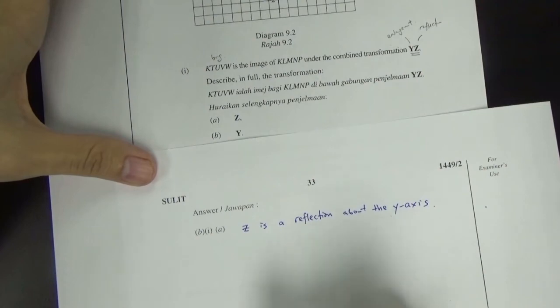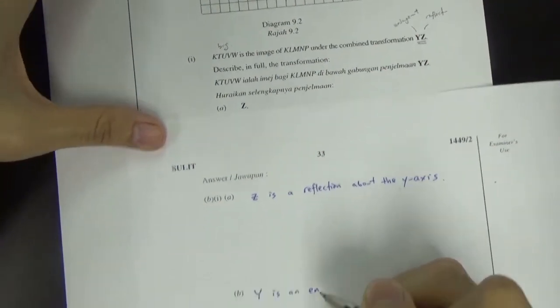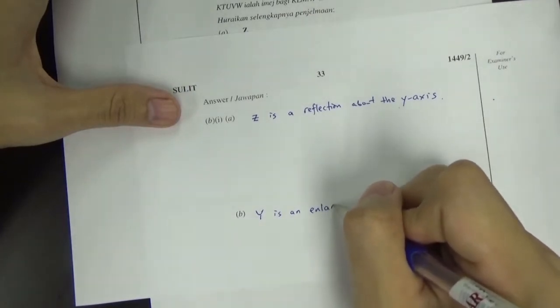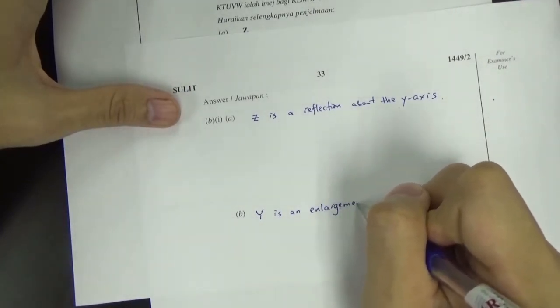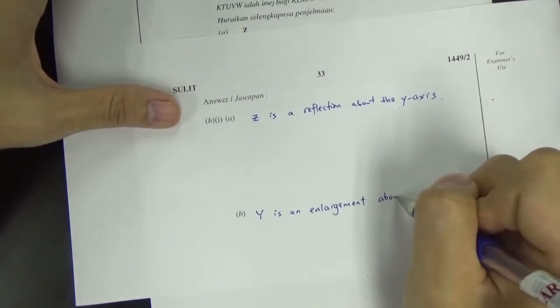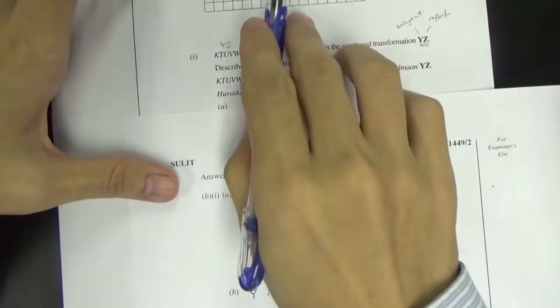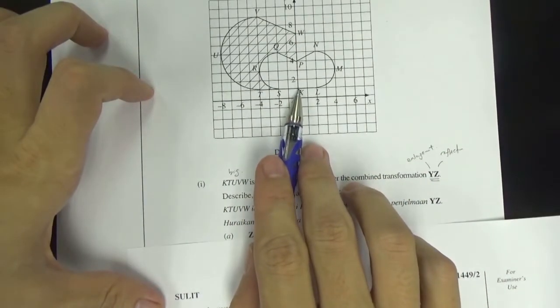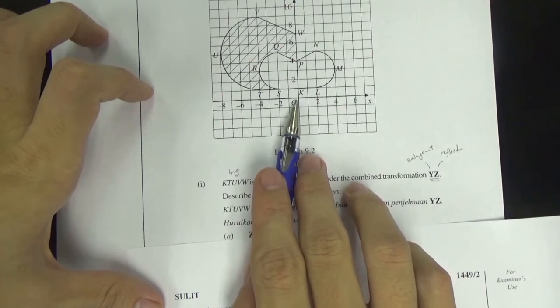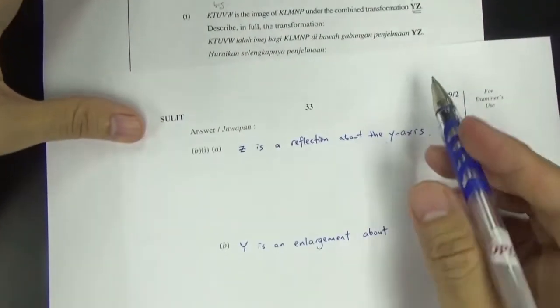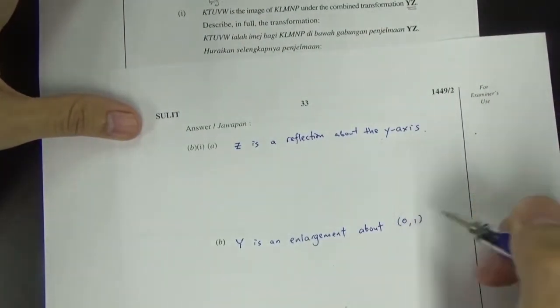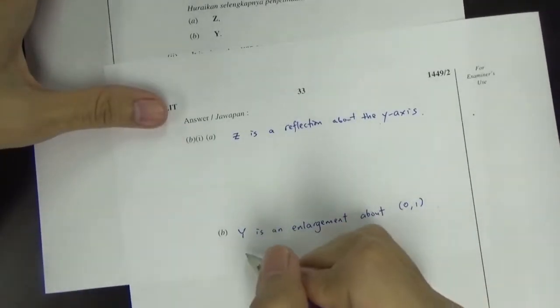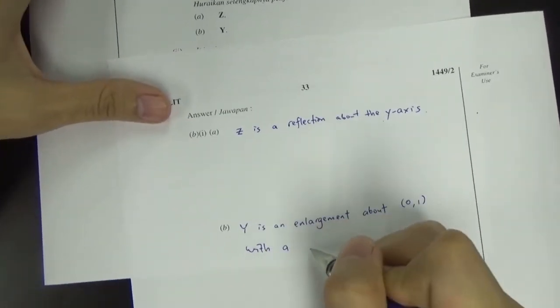So we can say Y is enlargement about the center would be here, point K, which has a coordinate of 0, 1. So about 0, 1 with a scale